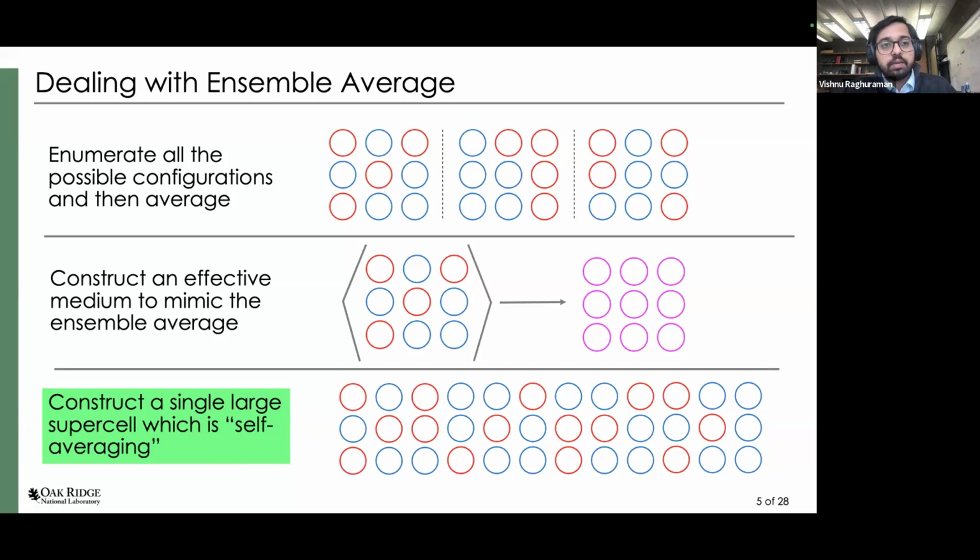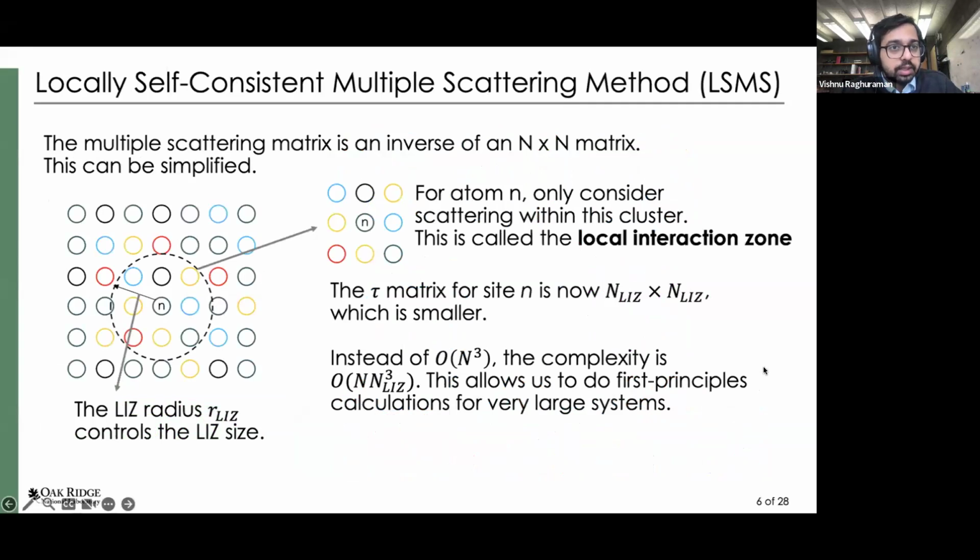Now, in conventional DFT, where your computational complexity scales with the cube of the number of atoms, it's not practical to do very large systems. It takes ages. But there is a method called LSMS, which was invented by Yang and Malcolm and others, where